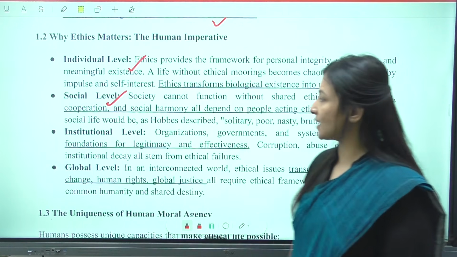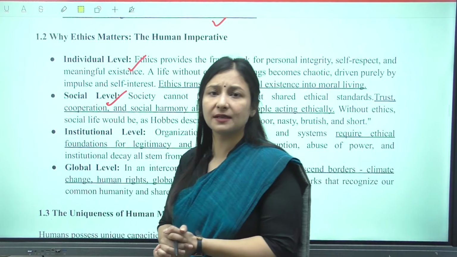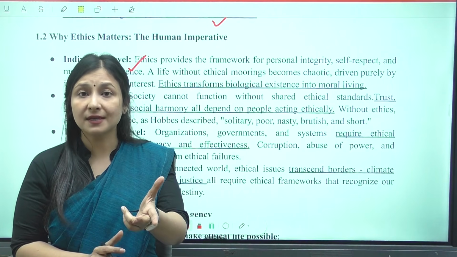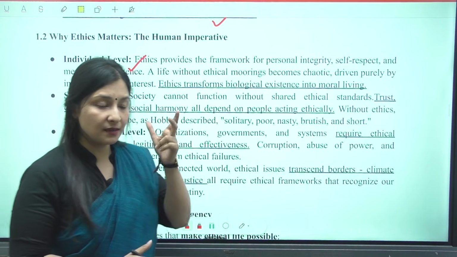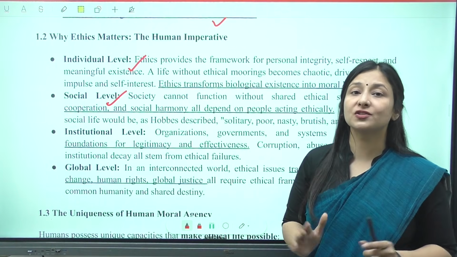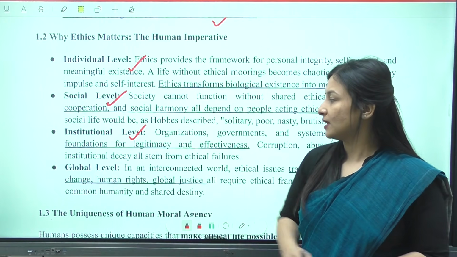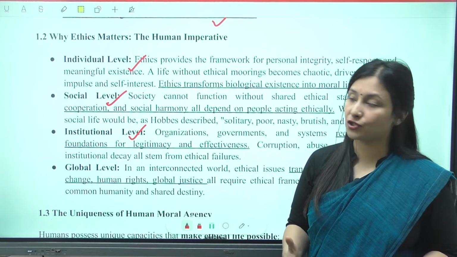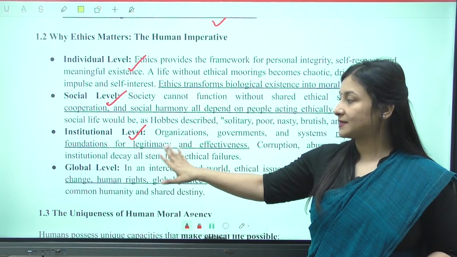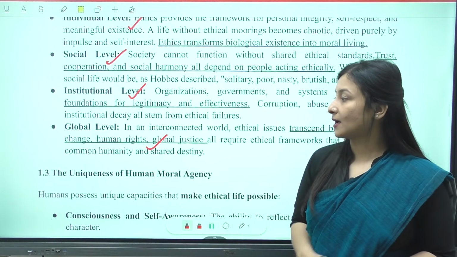Second thing over here, at the societal level, what happens is that it creates solidarity. You understand tolerance? Example, tolerance in the society is that ethical virtue which leads to harmony and cooperation, right? At the institutional level, it definitely leads to accountability, transparency, which brings in legitimacy and effectiveness. Okay. At the global level, we see the kind of